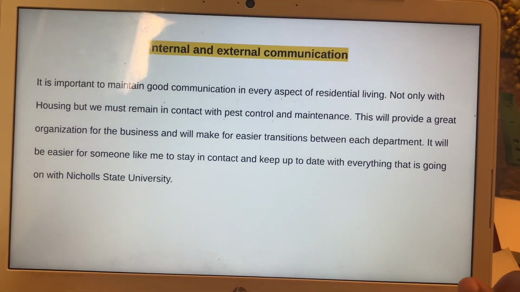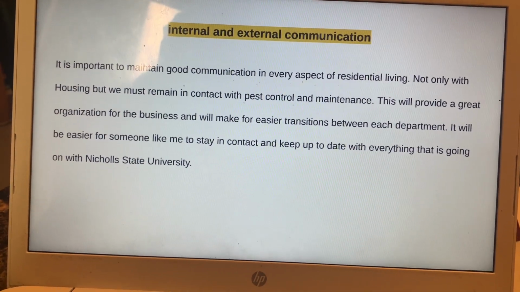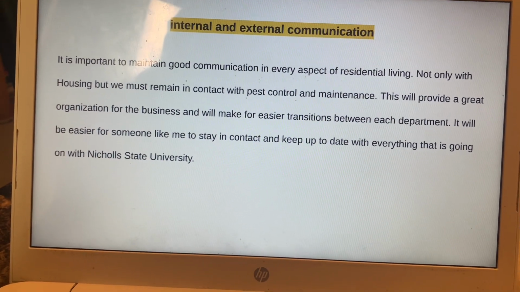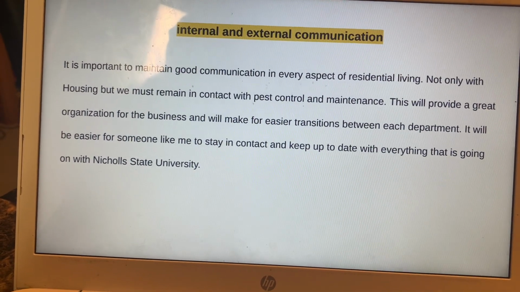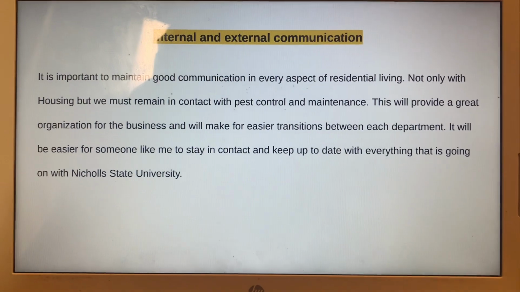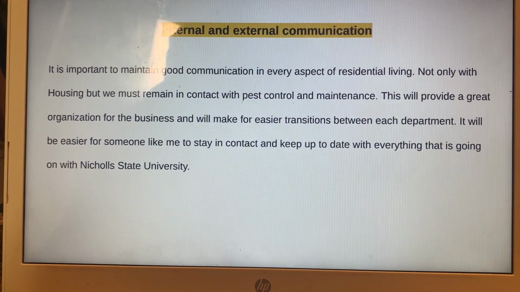Before you guys go and do audits, I want you to remember the most important thing is always the students. We want to keep the students safe and want to make sure that we have the best buildings that we have to offer in Louisiana. So these are the things you guys should take care of before you go and do an audit, and build any questions that you have from this type of